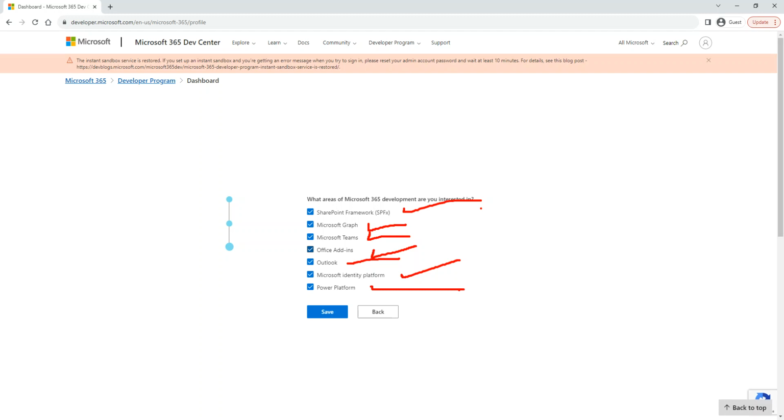So my class is broken down into three different modules. The first module is to understand the entirety of Office 365. What is in Office 365? What are people using in the organization? Why do organizations use Office 365, for what reason?